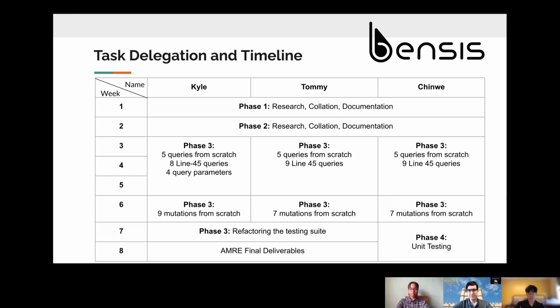Additionally, we used a shared document called the task tractor, which is effectively a to-do list, to make sure we were all on the same page regarding the work we did each day. We created many other documents to help us document our progress, such as the deliverable number 3 tracker, and these files made working on the AMRE final deliverables a lot easier.